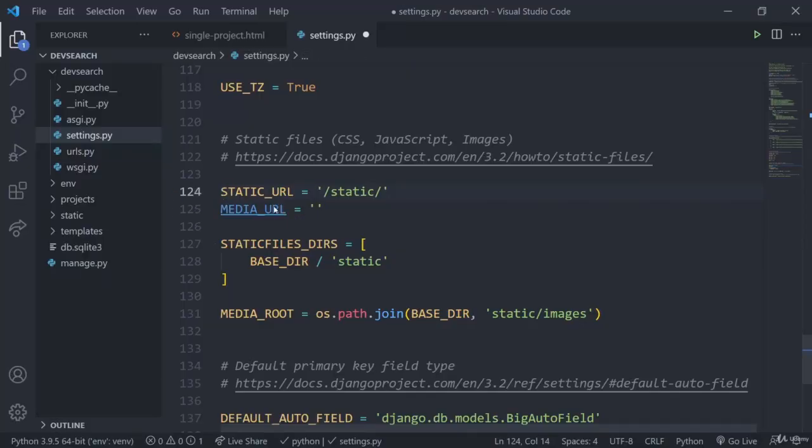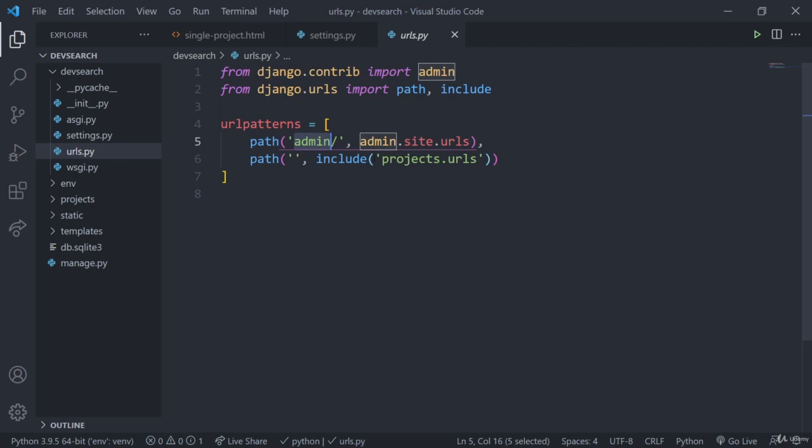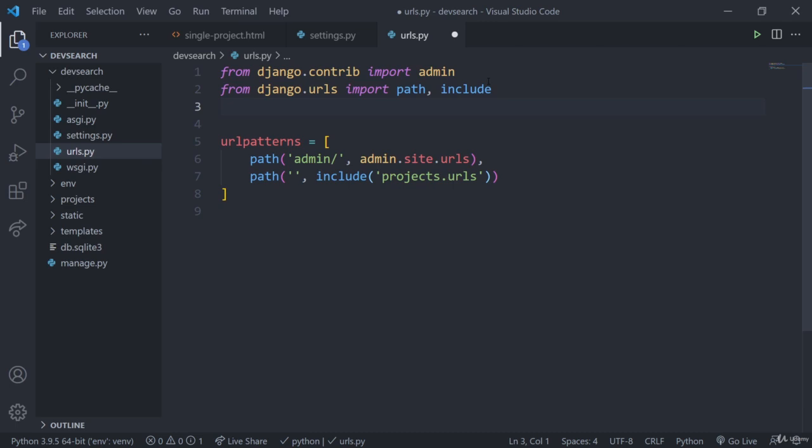So what I'm going to do is actually just leave it there. And what we need to do is go into our urls.py file within our root directory. So this one right here that has the admin panel and the include method. And we need to add in a few things into this file here. So basically we just need to add a path to actually find those images. So let's make a few imports here. So we're just going to do from